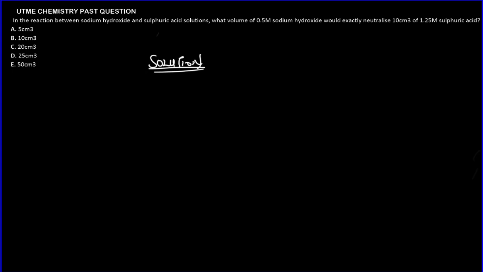Now, the formula we'll be using is concentration of acid times volume of acid over concentration of the base times volume of the base equals the number of moles of the acid over the number of moles of the base. And in volumetric analysis, one very important thing you must take note of is that